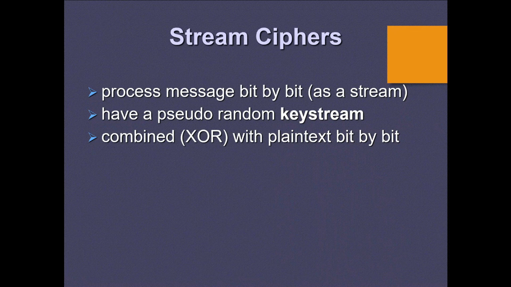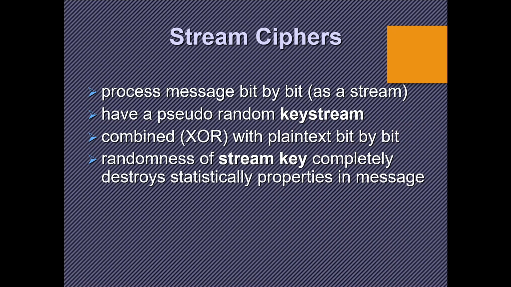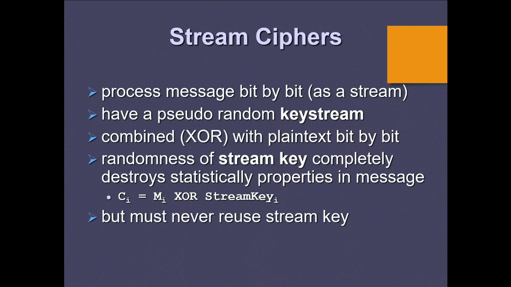In a stream cipher, a key is input to a pseudo-random bit generator that produces a stream of 8-bit numbers that are apparently random. The output of the generator is called a key stream. This key stream is combined one byte at a time with the plain text stream using the bitwise exclusive